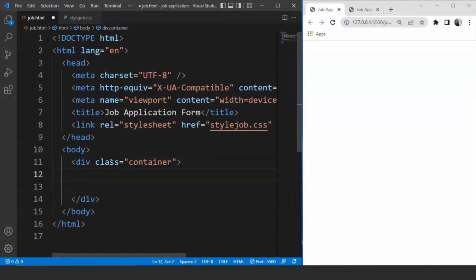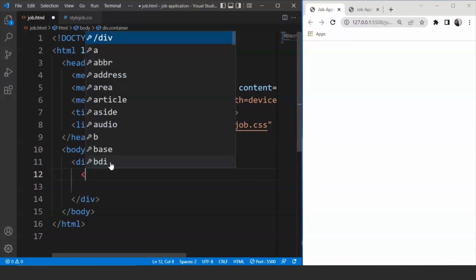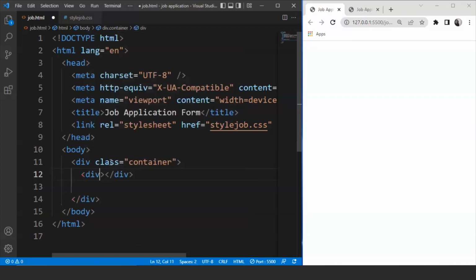Fine. The next thing we are going to do is create the box first. So for that we have to write here div, and again we have to use another class for this. The class attribute we are using, this is because of the CSS part. We are going to style each element with the help of ID or class or the tag name. Fine. So first of all, we'll write here class. Let's say the class name is going to be apply box,